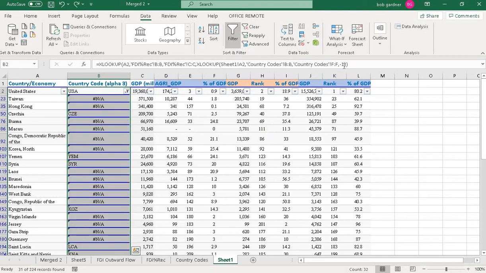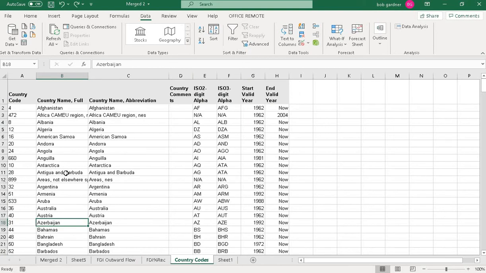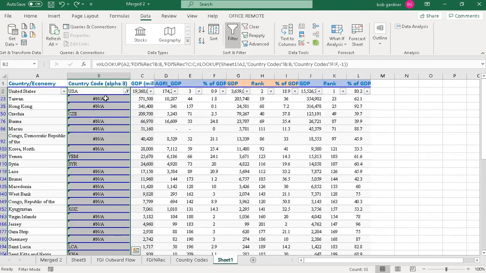Okay, so you can do that, or you can again look for another sheet. I have another country code names sheet. These are the names and abbreviations. So I can also search from this column whether it matches. Let's even try that.